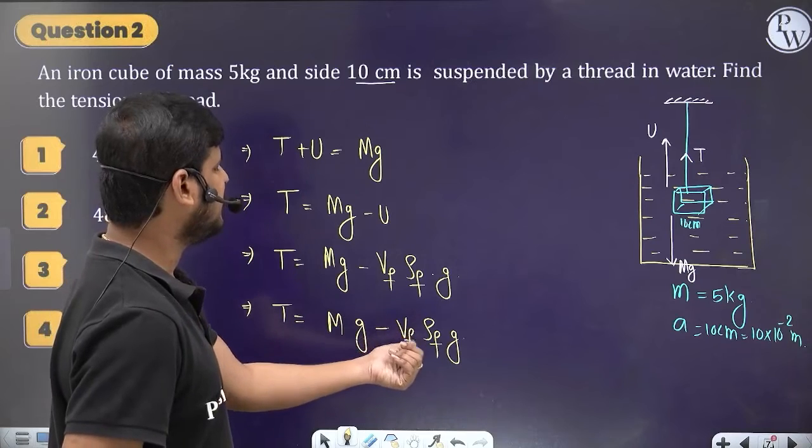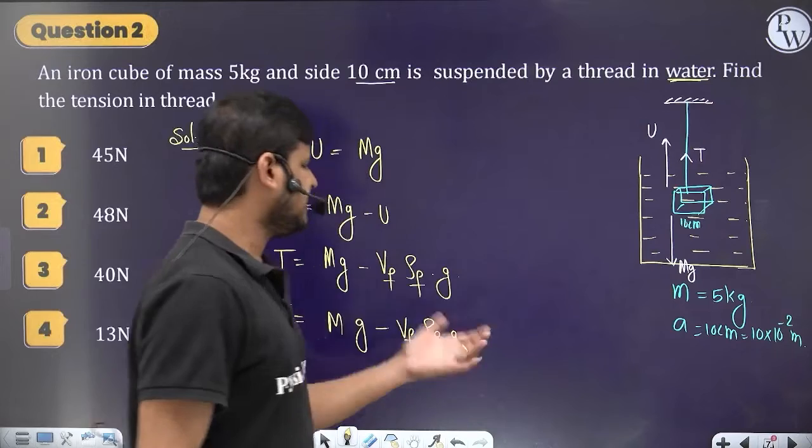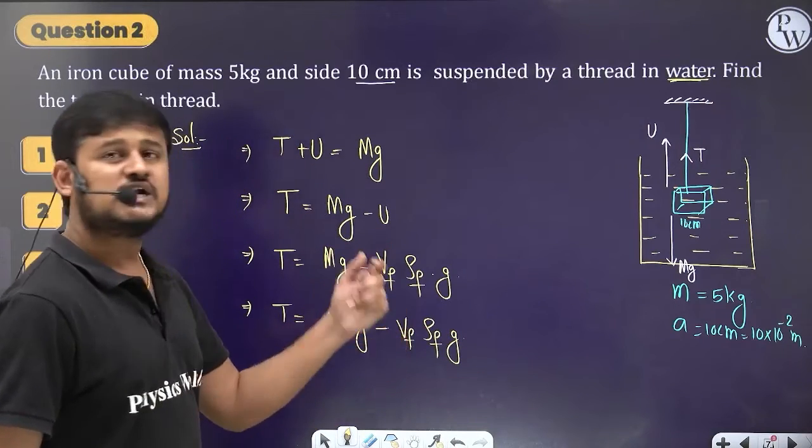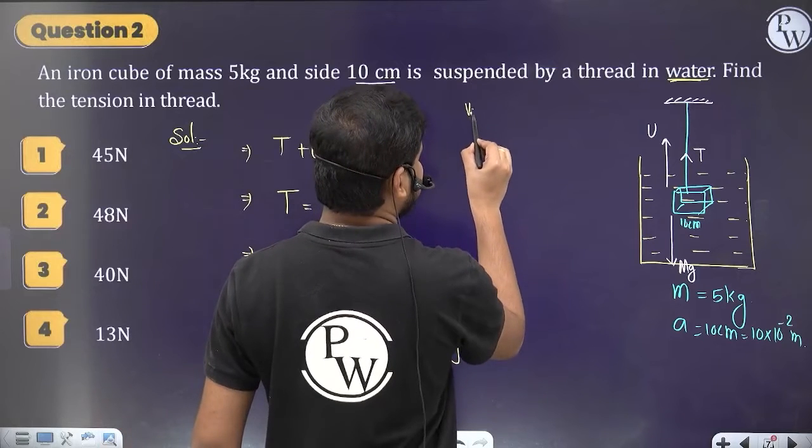What is this Vf? Rho f we know, rho f is nothing but 10 to the power 3. The g value you also know. But you don't know the volume of the fluid displaced. So the volume of fluid displaced is equal to,